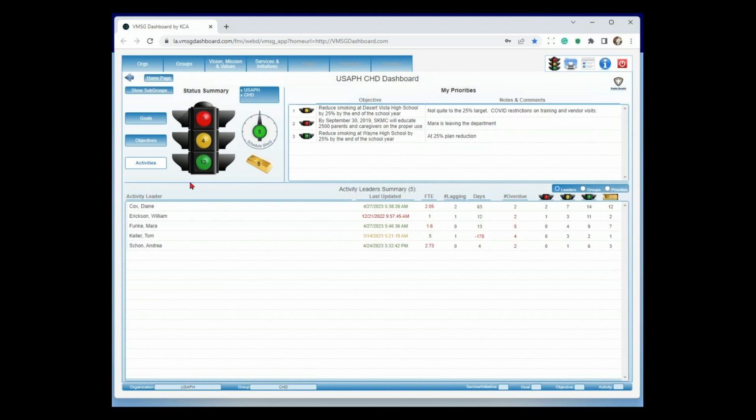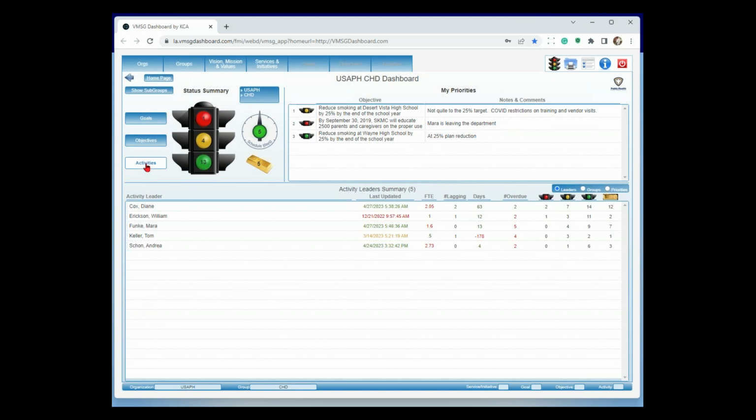So here's what you're looking at. Again, I could look at anything. Right now, I'm looking at community health and the 2 groups under community health because they report up to community health. I'm looking, first of all, at just the traffic lights. So it says we have 5 gold, 13 green, 4 yellow, and 1 red traffic light up here. So it's pretty good because most of them are in the gold and the green up here. Everything, as you can see, is clickable. So I can drill down and find out, what's this red activity and why am I seeing it? What can I do to get it back on track?